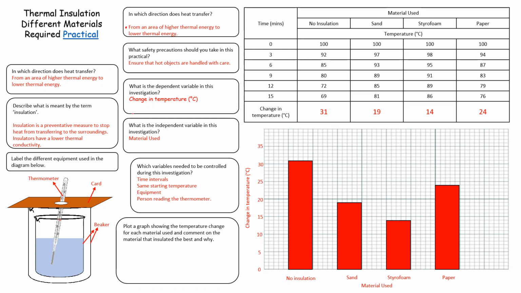What is the independent variable in this investigation? Material used. For this one, they're describing insulation. This method can be used to measure endo-exo, no problem, but they are specifically looking at thermal insulation here. So you can use the basis of this practical for other investigations